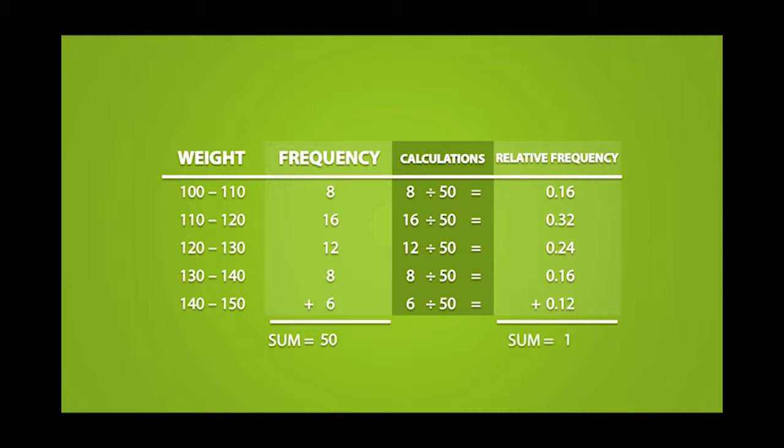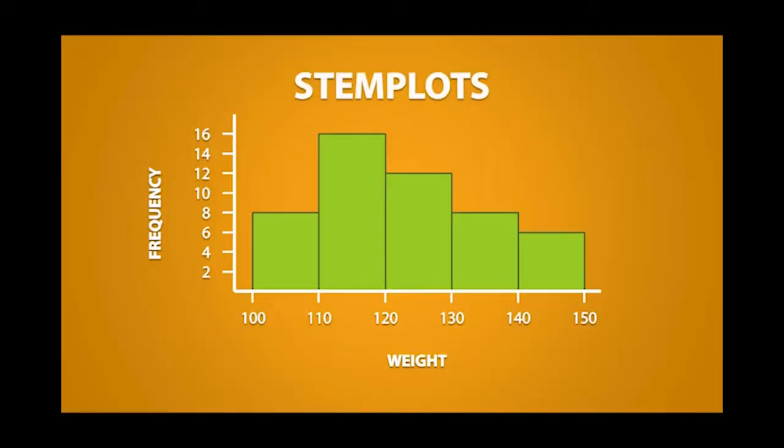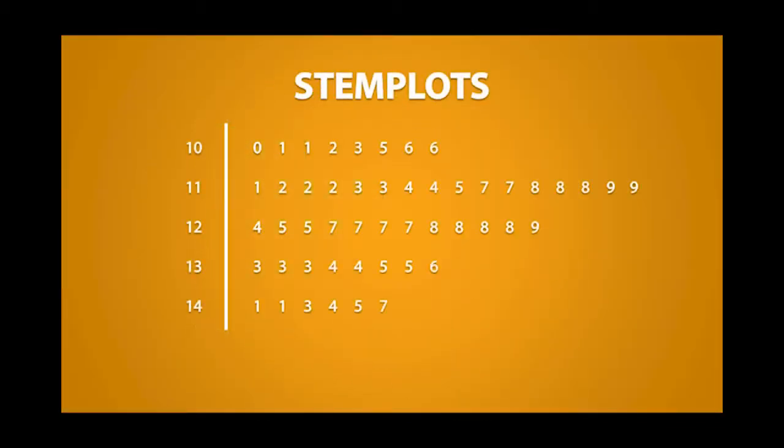The answer should be equal to 1 because we have used a ratio that relates our data to the total amount of data values. Because of this ratio, relative frequencies can be written in percentages. To convert to percentage form, all we do is multiply each value by 100%. In the same way, regular histograms can be converted into histograms that tell us the proportion of values for each interval.